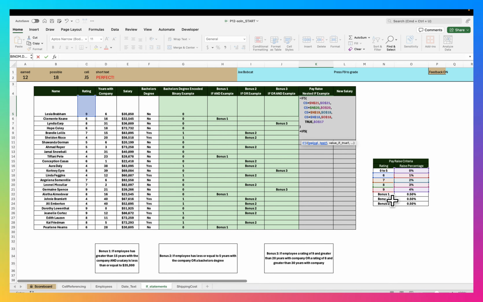I mean, this is a really big one. And the first one is if this row is equal to bonus 1, which gets locked, comma, then they get that bonus 1, which is also locked, comma, option enter,